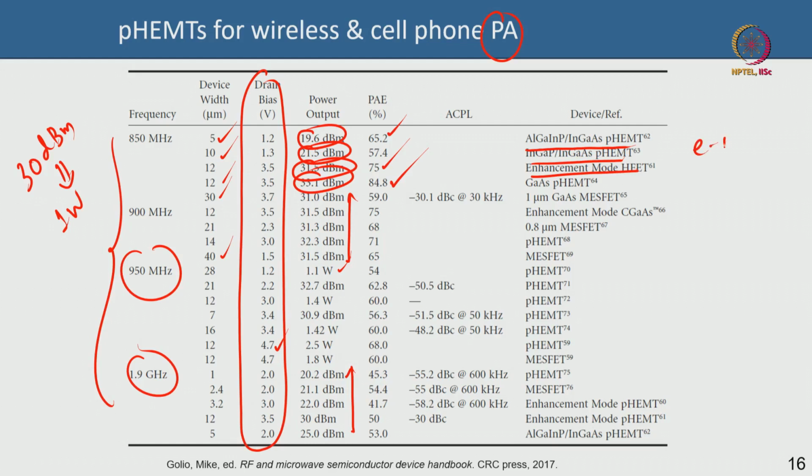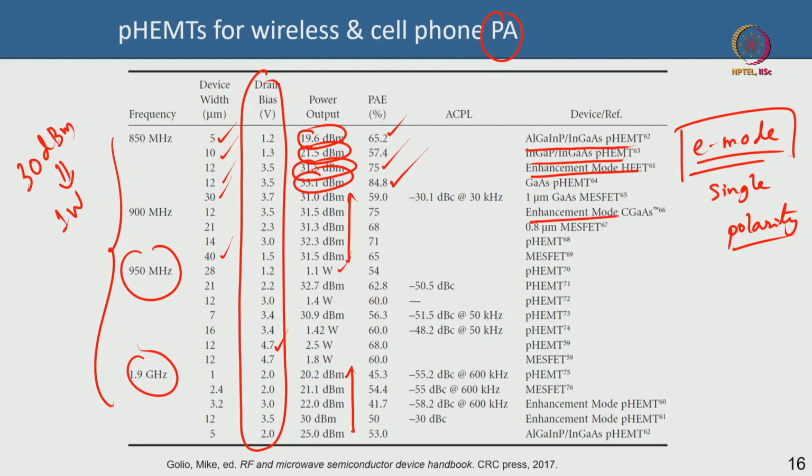Actually enhancement mode HEMT is very important for a cell phone, because in the cell phone you have a battery, which means you have a single polarity of supply, which is positive voltage. The battery cannot supply you negative voltage. If you have to have negative voltage, the battery power has to be converted to negative voltage, which is an additional complexity at the circuit level. So single polarity voltage is available in the cell phone, so your device better be enhancement mode. So enhancement mode devices, you can see this is enhancement mode,